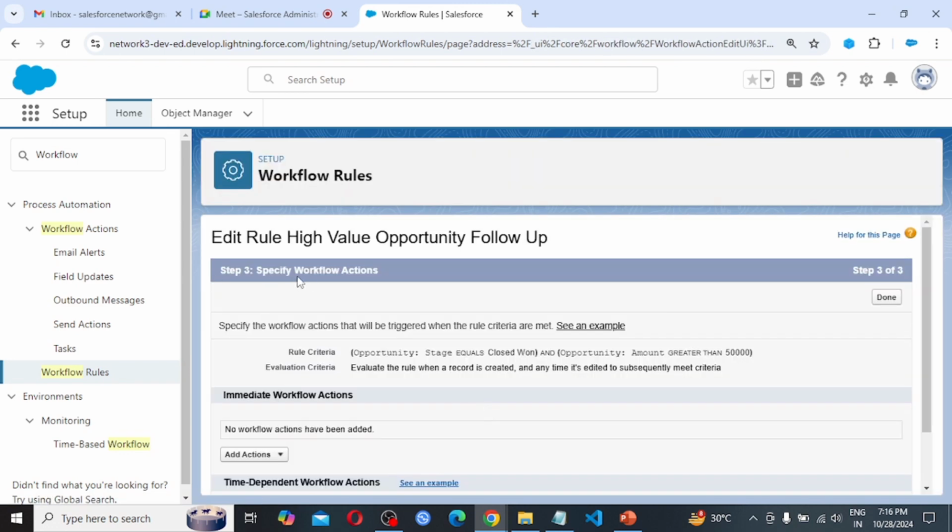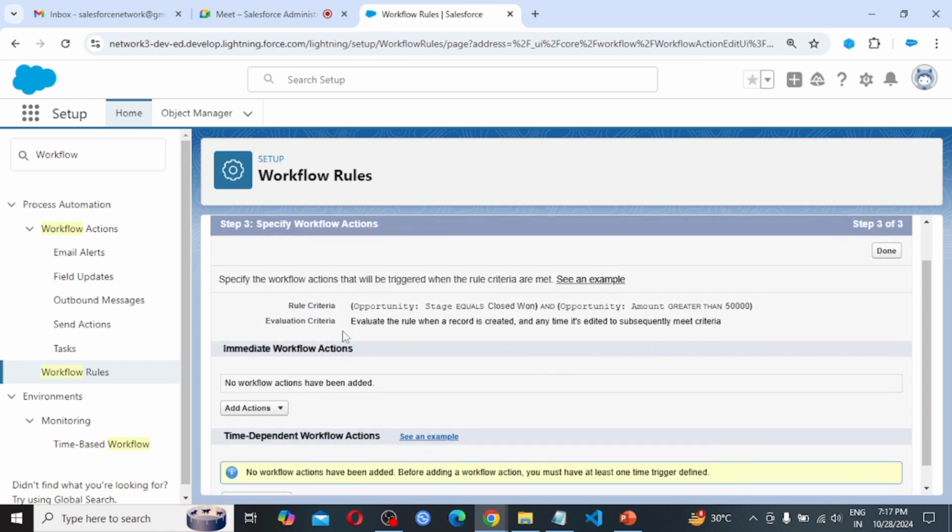In step 3, specify workflow actions. So here rule criteria is opportunity stage equals closed won, what we had chosen, and also opportunity amount must be greater than $50,000.